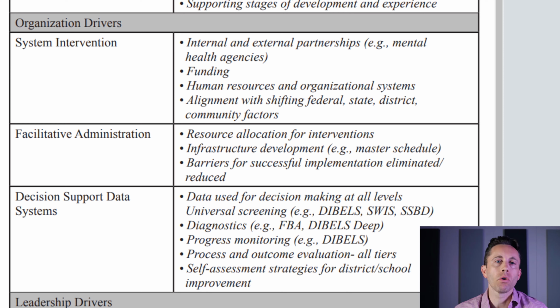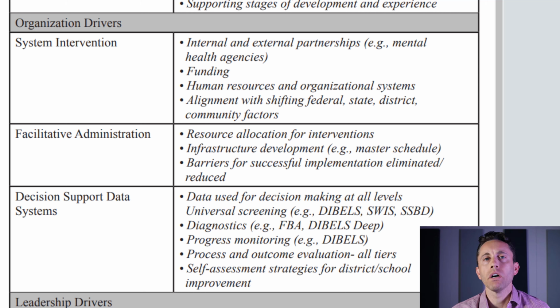The second category is around organizational drivers, and the first of these have to do with system interventions, right? So for instance, if we're trying to align what we are doing to make sure that they are up to date with recent legislation or up to date with specific student needs that they might have at that particular time. Those are our considerations. The second are around